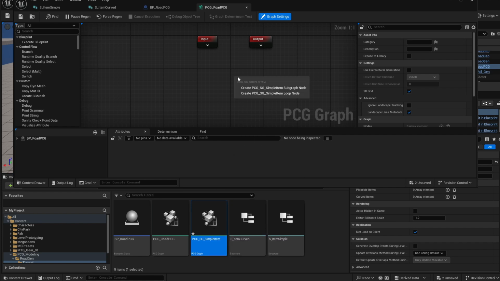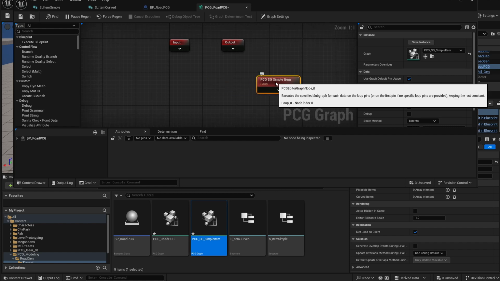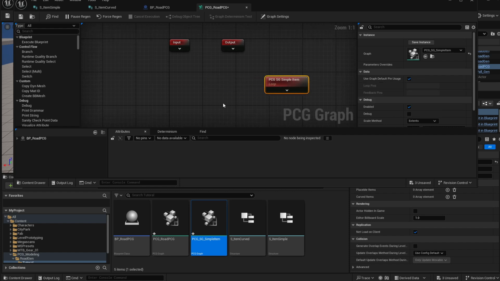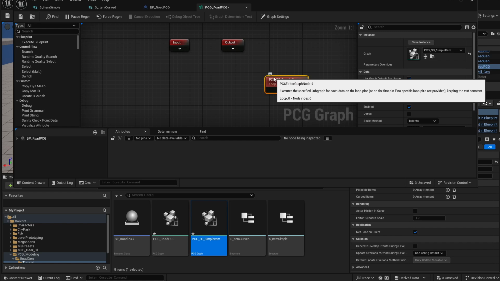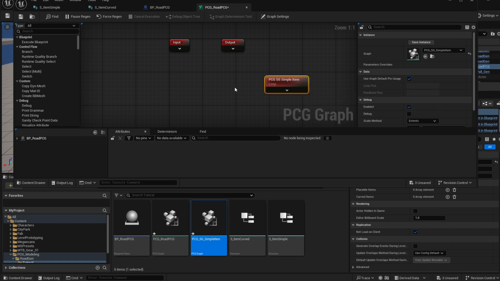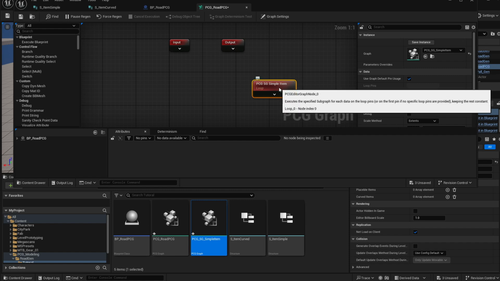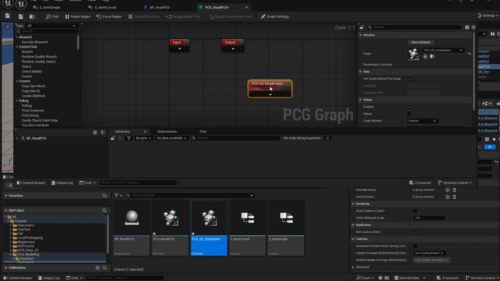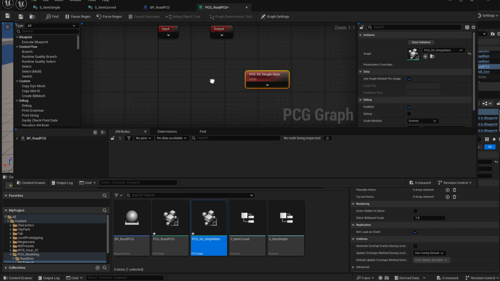And if I drag it here and create a loop node, again, you should be first getting familiar with this concept by watching the for each loops in PCG graph tutorial that I have. I'll link both the previous tutorials that are needed to understand fully this concept for this road generation into the description, but I'll show how to do everything. Just to be more detailed about them, you can watch the previous tutorials. So I'm creating a loop subgraph here,